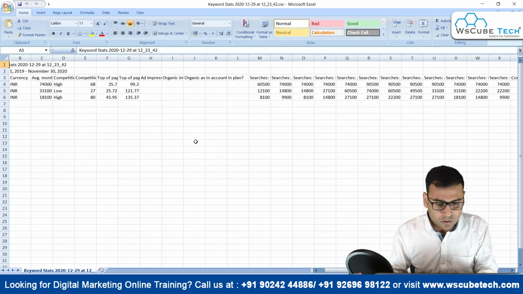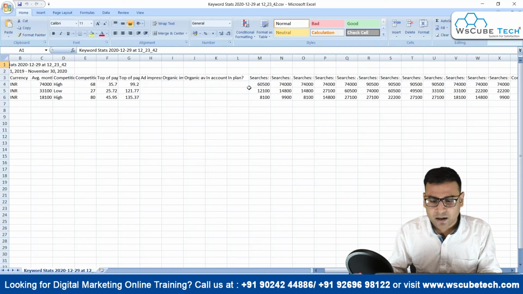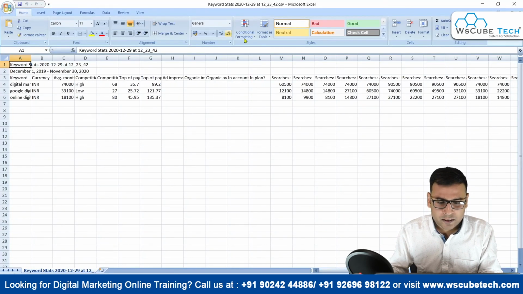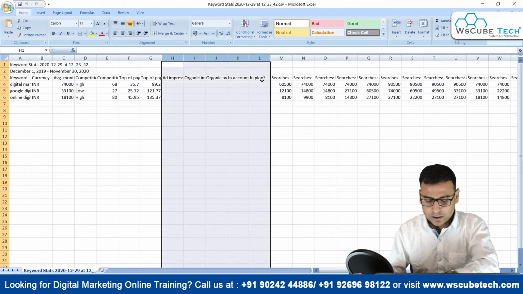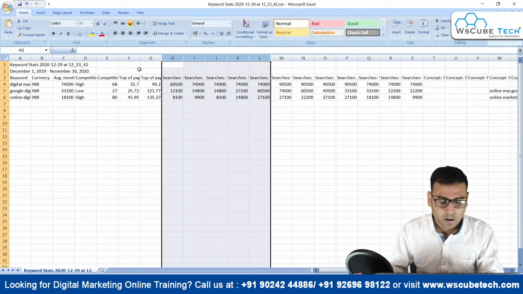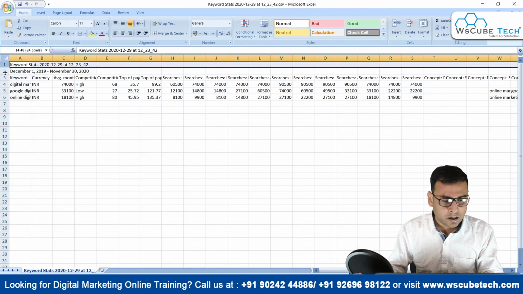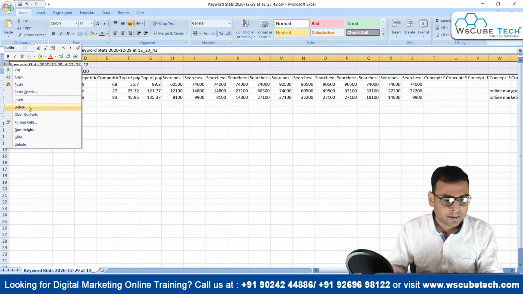Now, as you were seeing over here, we had this average monthly searches tab, but guys, when we downloaded this, everything is divided into months. So let's delete these columns. Whenever you are downloading any sheet or doing research, make sure that you avoid all the irrelevant stuff which is not relevant for you.